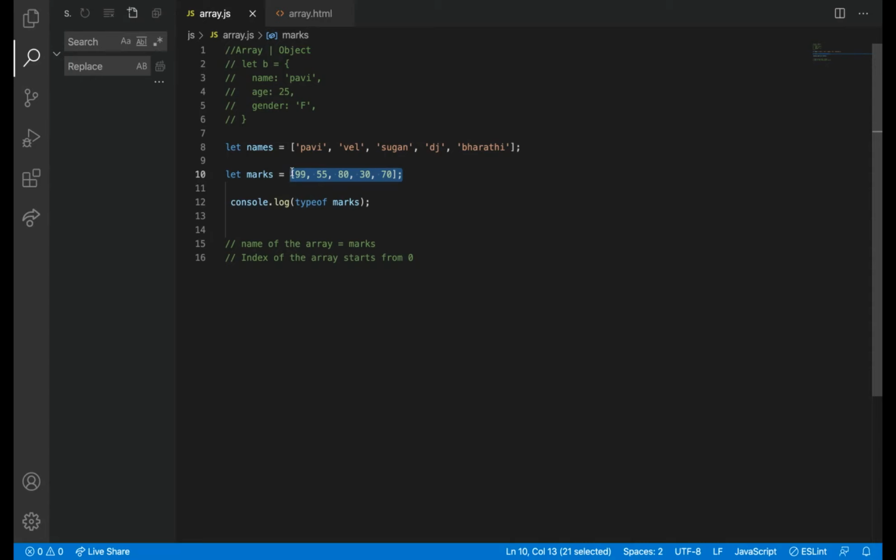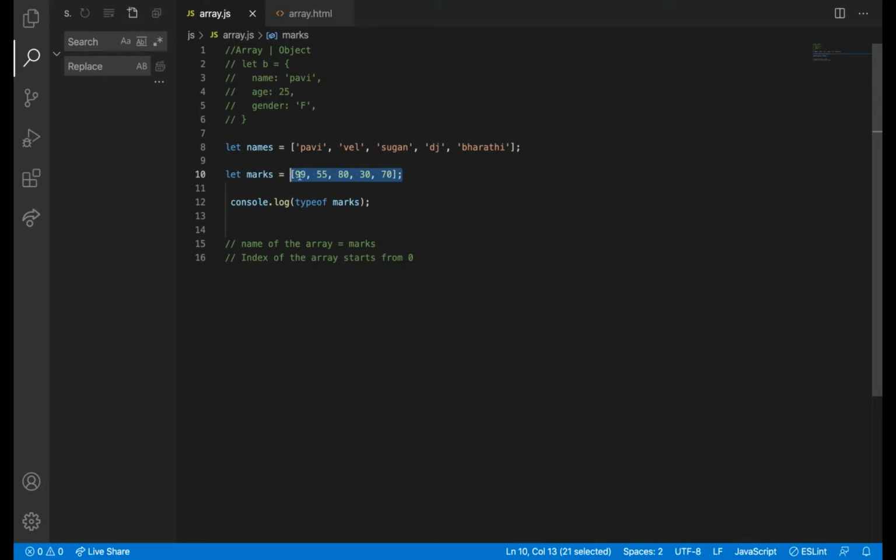Per year they'll give, okay, 2,000 rupees increment. In some of the companies they'll give only 2,000 rupees also. So 2,000 rupees increment. So for all the people's salary, we want to add 2,000 rupees. So we can use this array and then we can manipulate it. What is manipulation?